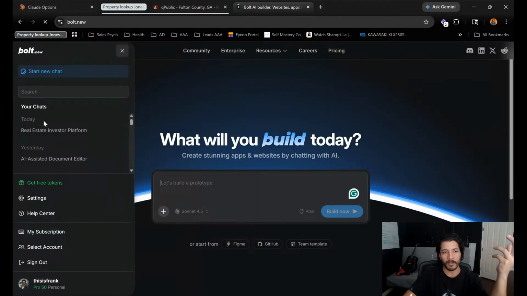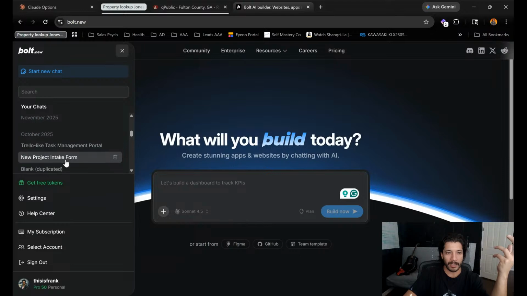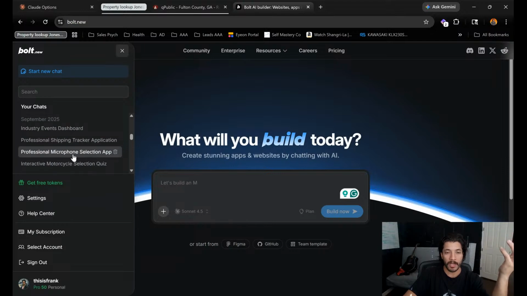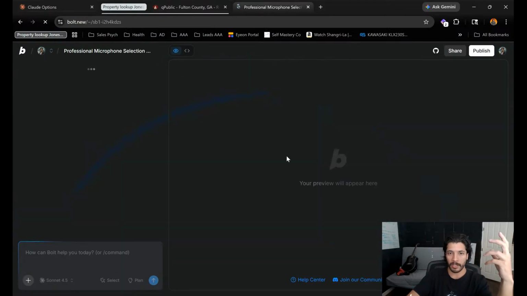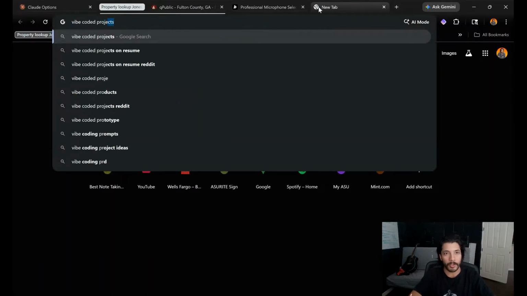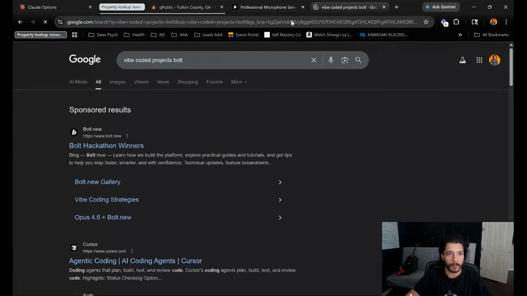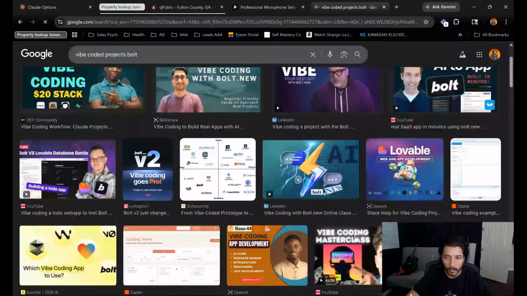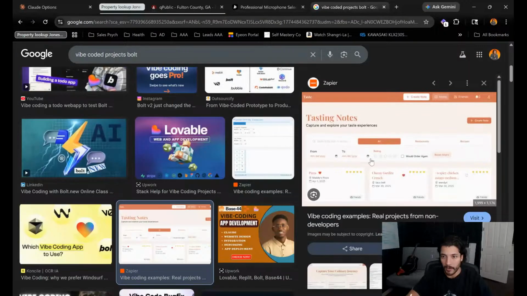And I don't like using vibe coding in a negative, derogatory way, because I don't think that vibe coding as a whole is something like that. I think there's so much value in it. So what I'm trying to do, and I deleted the repo, I was trying to show you guys what I consider something that looks very vibe coded. I wonder if I just look up vibe coded projects Bolt. If I just go to images, kind of like this. This to me feels kind of vibe coded. Not exactly.